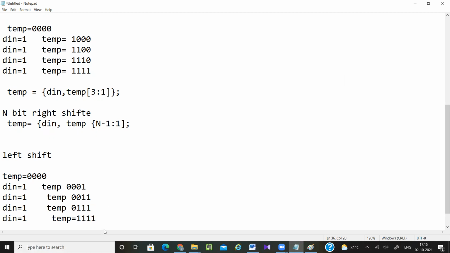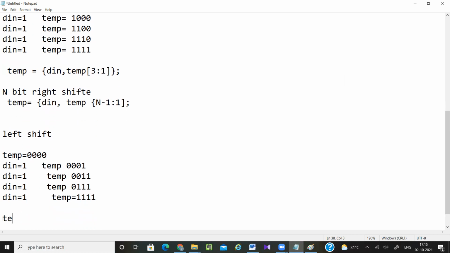So now how is this working? In this format, if I want to write, I can write temp equal to concatenation operator. So dn is added here, at the LSB. What about MSB? So from here to here, these values you can see 100 is shifted here. Next 110 is shifted here. Next 111 is shifted here. So I can write temp 2 down to 0. That value is shifted.